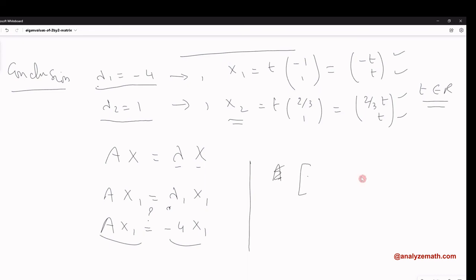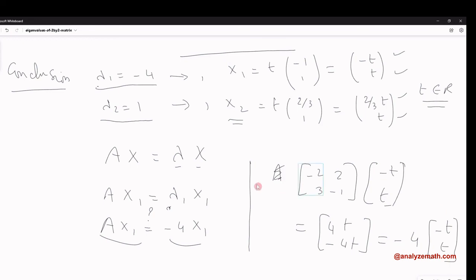Hang on, it's negative 2, 2, 3, negative 1, times x1. So we are doing Ax1, with x1 being negative t and t. Now let's multiply row by column: negative 2 by negative t plus 2t. That gives me 4t. 3 multiplied by negative t, minus 1 times t, that gives me minus 4t. Here we can put negative 4 as a factor, and we will be left with negative t here and t here. And we have proved that